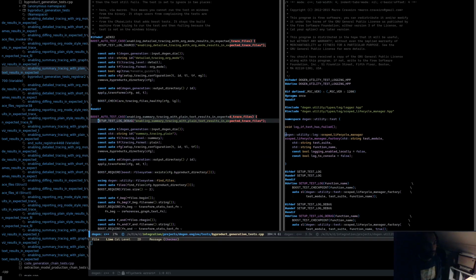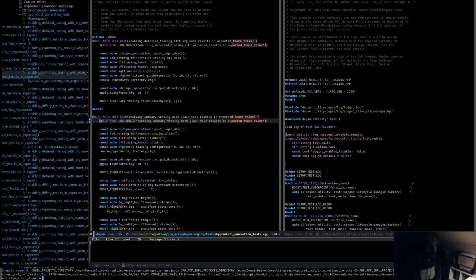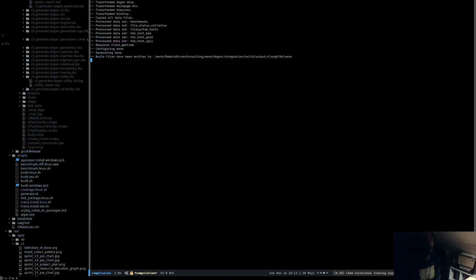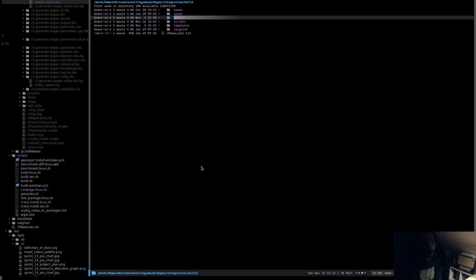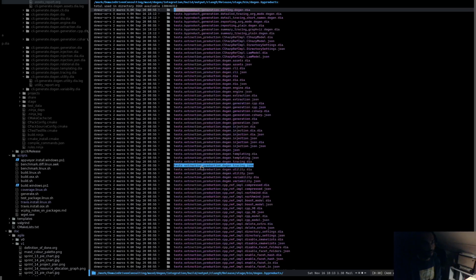And I think if you just type debug here, and then, well, we know these are just Dogen engine tests, so let's not run out every single test. So now if it all goes according to plan, this guy will write some logging for us. And if I now just go to build, output, clang, release, and these logs are in bin, pushing back byproducts,